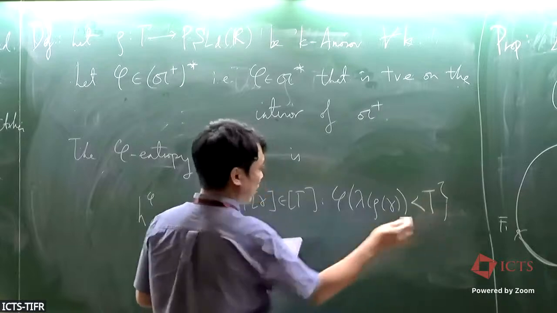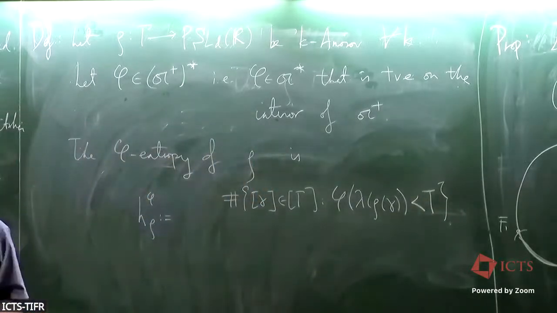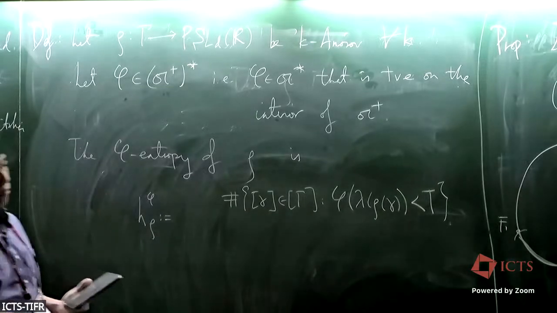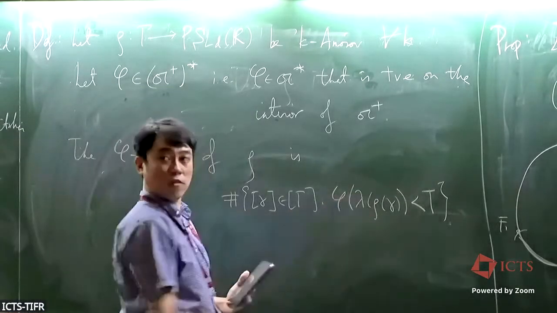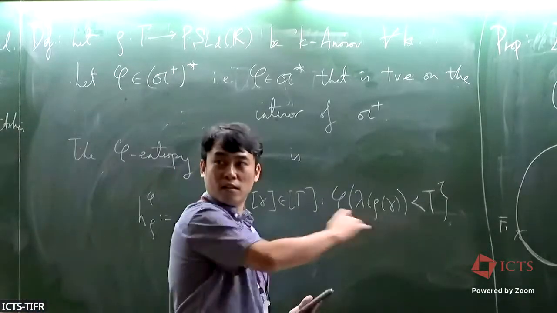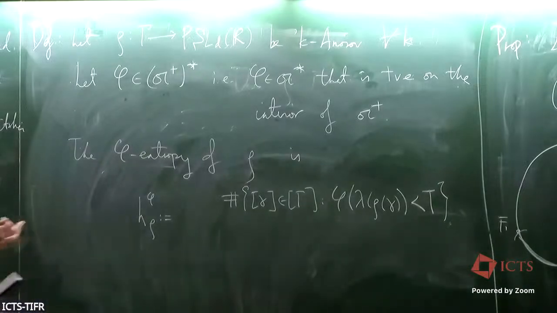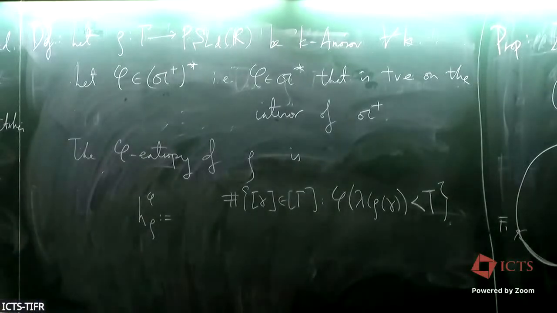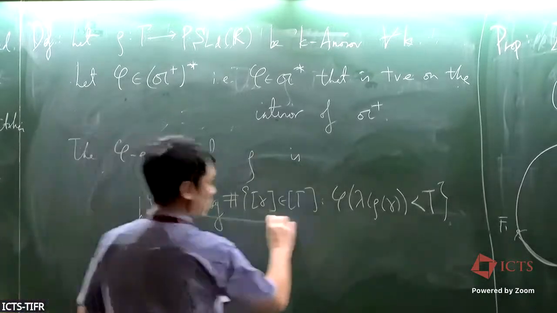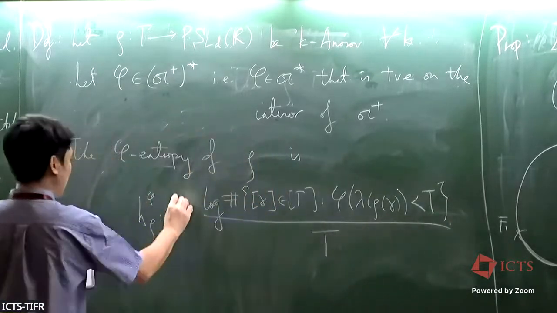Your eigenvalues are invariant under conjugation, so you want to count the number of conjugacy classes in your group where a certain linear combination of eigenvalues is less than t. You think of this as some kind of length, and you want to look at the exponential growth rate of the size of this set. So you take the logarithm of the size of this set, divide by t, and take the limit as t